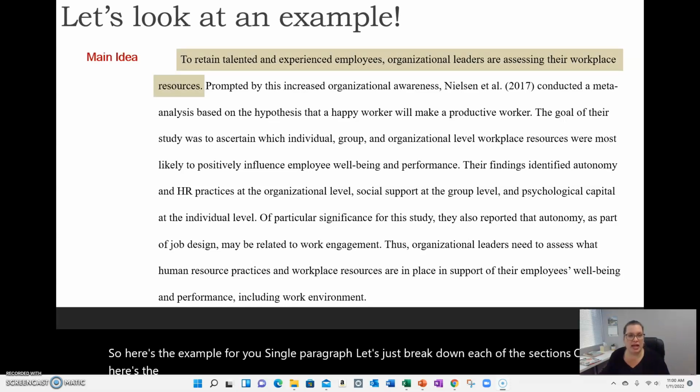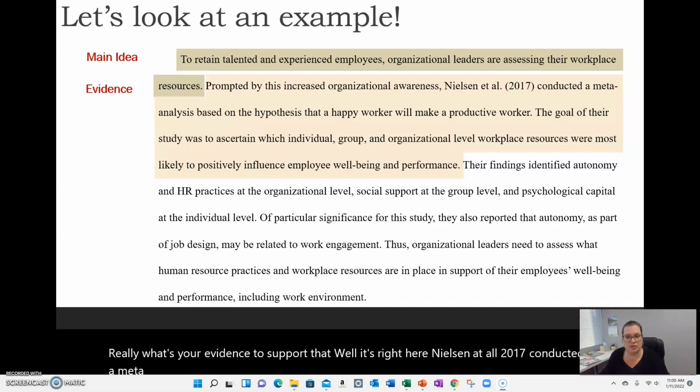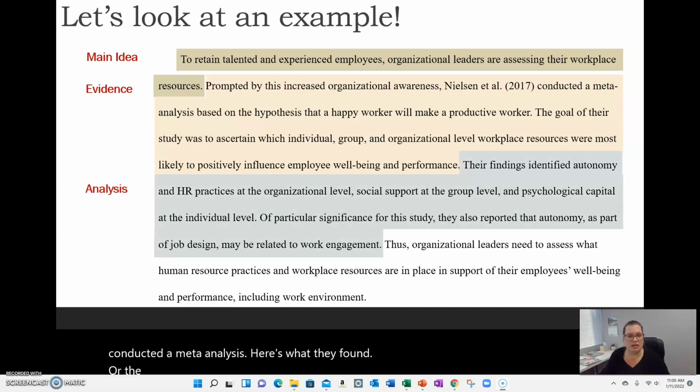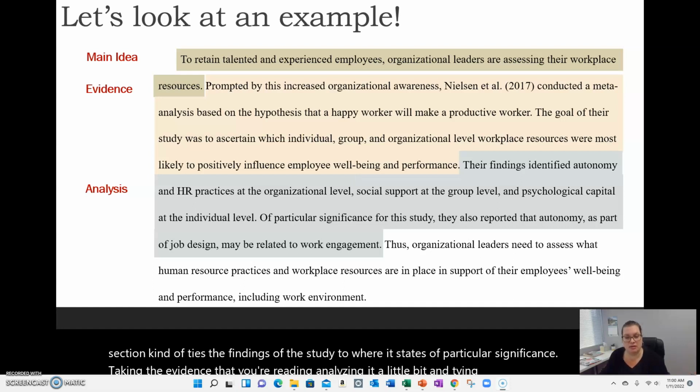Here's the main idea. To retain talented, experienced employees, organizational leaders are assessing their workplace resources. Oh, really? What's your evidence to support that? Well, it's right here. Nielsen et al. 2017 conducted a meta-analysis, here's what they found, or the goal of their study, and then here's what they found. Okay? This analysis section kind of ties the findings of the study to where it states of particular significance. So taking the evidence that you're reading, analyzing it a little bit and tying it to the study,